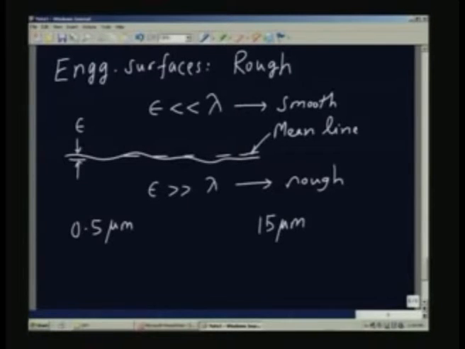So, smoothness and roughness is a relative term, and the term is to be used with reference to the wavelength of the radiation which we are going to be talking about. So, suppose I consider an engineering surface as a rough surface, what it means is that the undulations are very severe and much larger than the wavelength which I am interested in. Therefore, the surface is not a smooth surface, it appears as having ridges and valleys and so on.